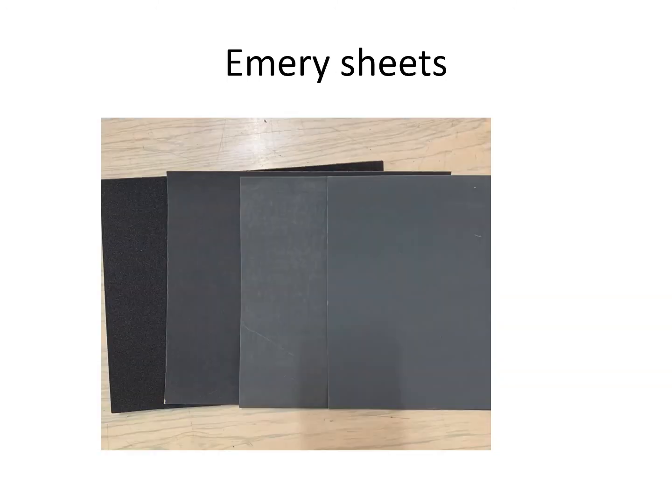The first step in sample preparation is the emery sheet after the belt grinder. After that, we polish so that scratches are removed on these emery sheets. There are several grades of emery sheets. This is 200 emery grade. This is 400. This is 600. This is 800 emery sheet. These coarse particles are coarse alumina or silicon carbide particles, embedded on this sheet.